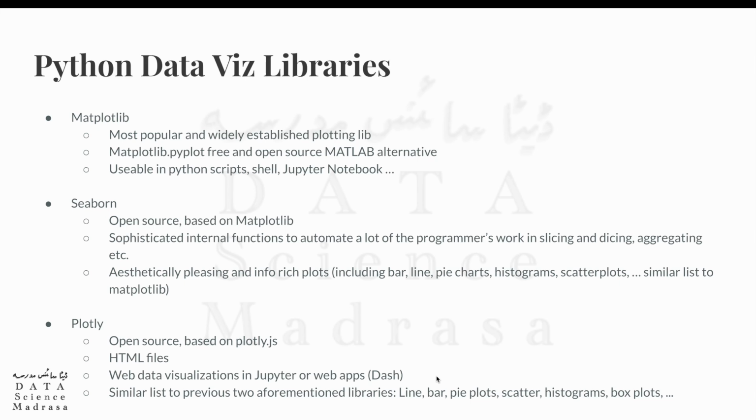Plotly is the third visualization library that I also mentioned briefly just now. It's also open source. This is based on plotly.js. We can create HTML files with this. We can create web-based data visualizations in Jupyter or web apps using Dash. The output that it provides is quite similar in terms of illustrations to the previously mentioned two libraries, Seaborn and